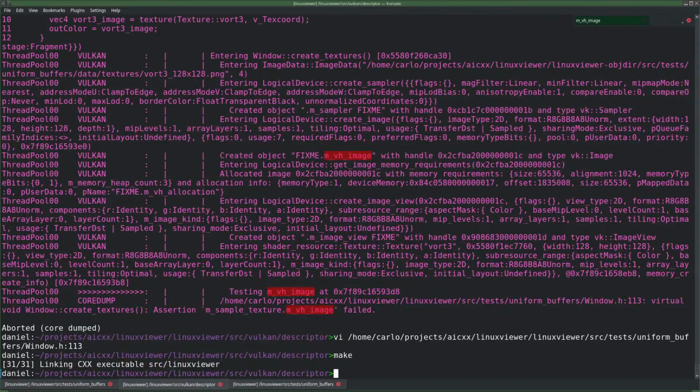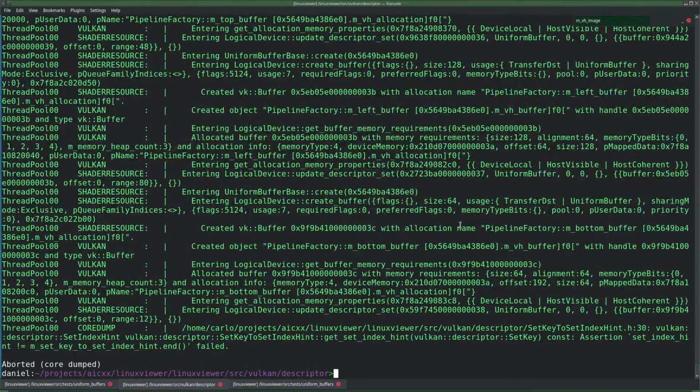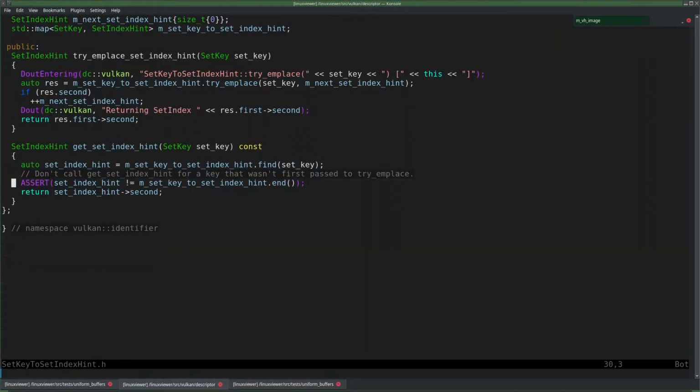Well, aren't we curious what happens with all the asserts that I had? It passed the test. We have a different assert now. Don't call get set index hint for a key that wasn't first passed to try and place. Okay, let's